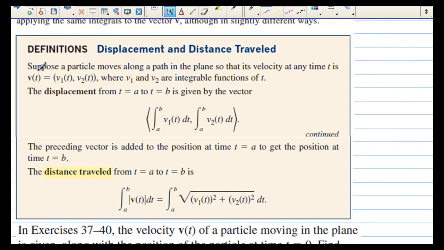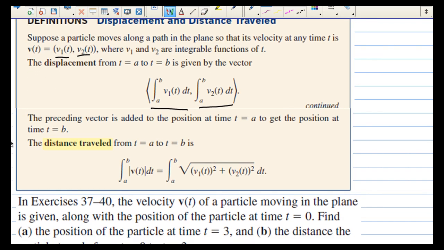Displacement and distance traveled. Suppose a particle moves along a path in the plane, so that its velocity at any time t is given by two different functions, one for x and one for y, where v1 and v2 are integrable functions of t. The displacement from t equals a to t equals b is given by how much they each change, which is given by the integral, just like before, but we have one integral for the x and one for the y. The preceding vector is added to the position at time t equals a to get the position at time